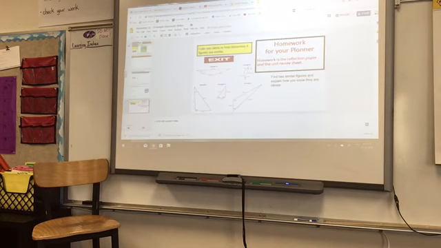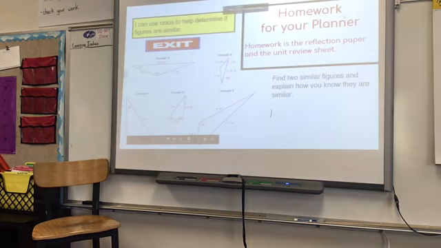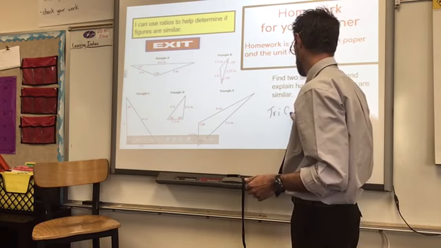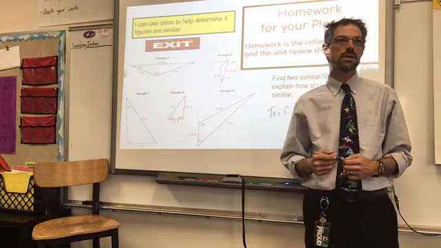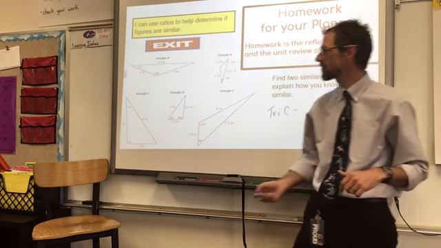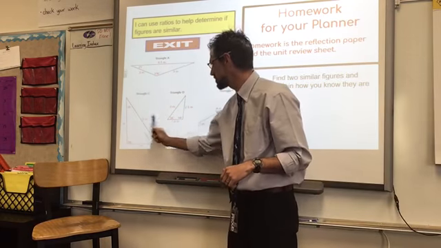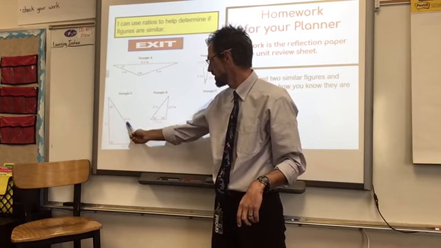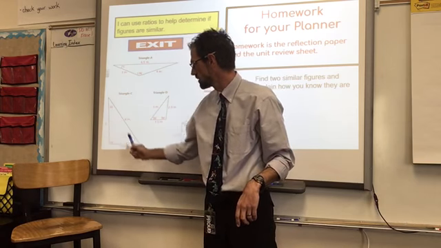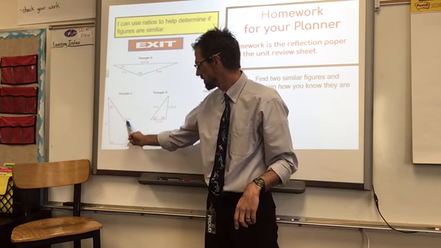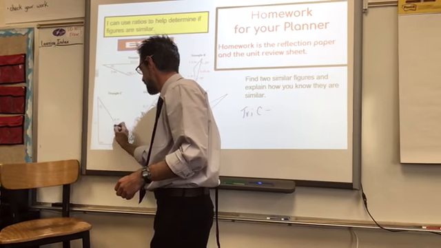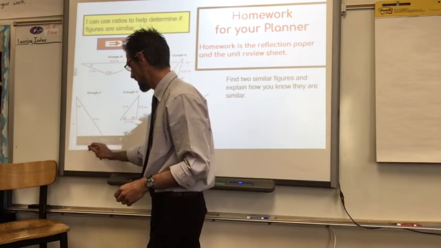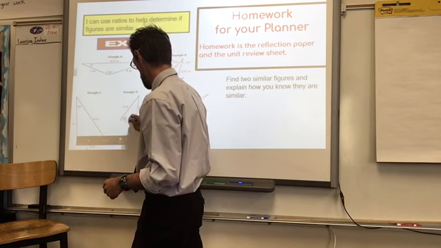Then this will take me about 1 minute, and I'll let you go. So if I said try C, what would be the ratio there? I think that these two are similar, but I'm not sure yet. So I would do this one. I don't have a value for here, so I have to compare this side to this side. So if I mark that as 1, the corresponding side over here would be 1. If I mark that as 2 down there,